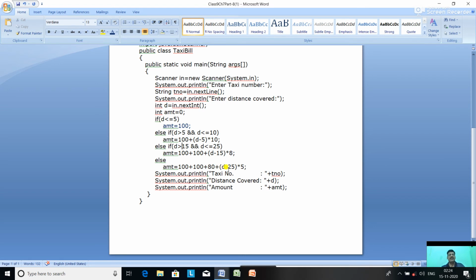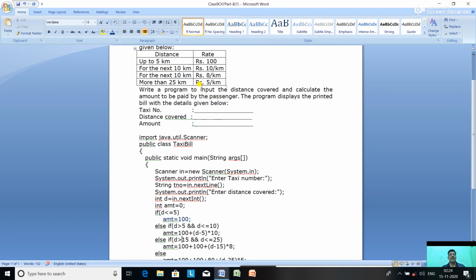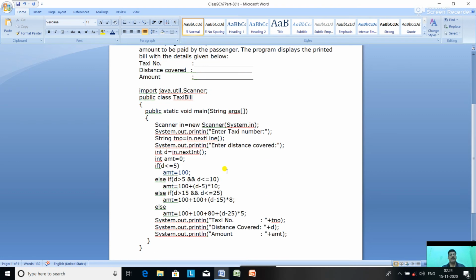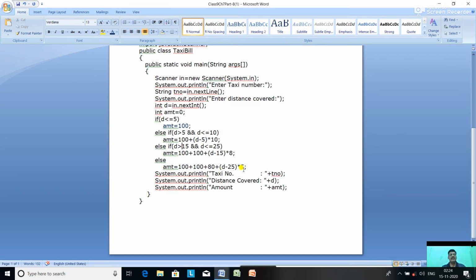Now suppose the distance is 28. 28 minus 25 comes 3, and 3 into 5 rupees, because according to the question, above 25 kilometers it is 5 rupees per kilometer. This is the amount to be paid. Now System.out.println taxi number TNO, distance covered d, and amount AMT.